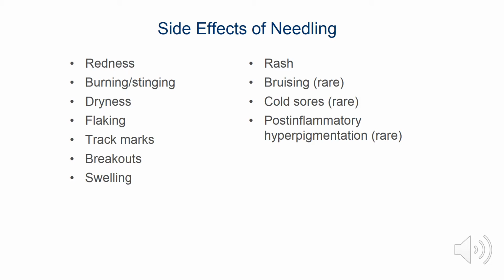Bruising, however rare, can occur if too much pressure is administered during the treatment. When using an electronic device such as the CIT pen, it's important for the technician to hold the microneedling device as if they were holding a pen writing on paper, applying comparable pressure, just letting the device glide with ease as you guide it in the proper method. Again, bruising can also occur if you are on blood thinners,